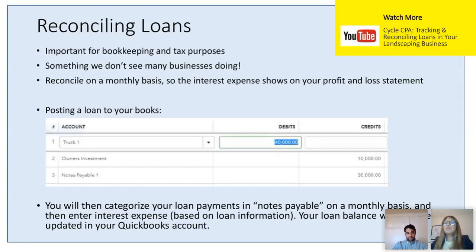So ensuring that those two mirror each other is going to ensure that you're not missing any transactions, that things are being posted correctly, and nothing is being duplicated or falls through the cracks. So reconciling loans specifically, though, is very important for bookkeeping and tax purposes. And we don't see many businesses doing this. Even the larger businesses are not doing this. And reconciling on a monthly basis to that loan statement, like I stated before, because you want to separate principal and interest every month. The reason why you want to do that is because interest expense then goes on your profit and loss,